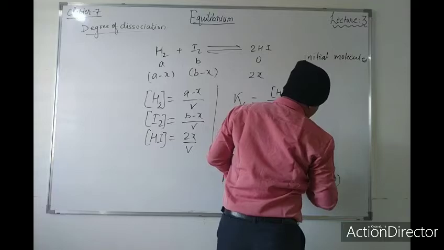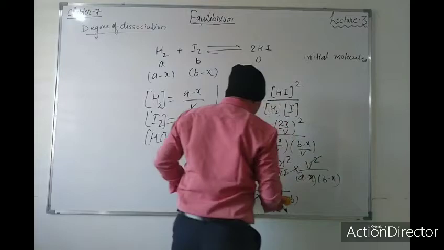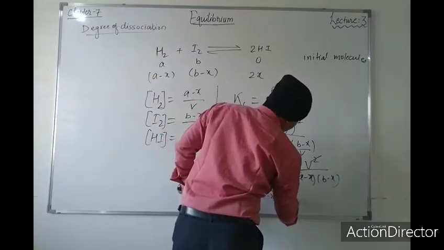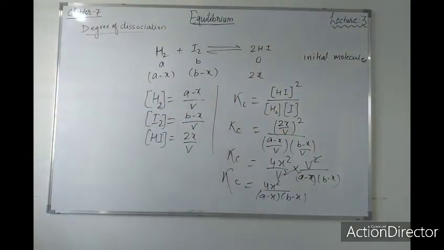A minus X and here B minus X. Okay? So the concentration constant will be 4X square upon A minus X into B minus X. Got it? Understand everyone? After understanding this concept, if I put the value of A and B equal to 1 and X becomes the degree of formation, then hydrogen iodide or degree of dissociation of the hydrogen and iodine,